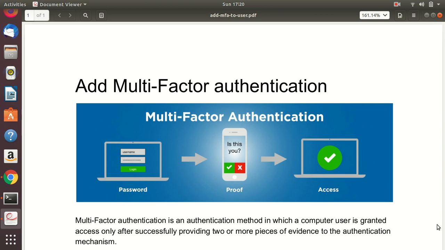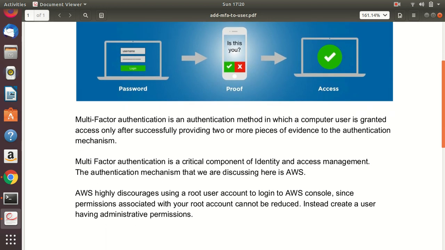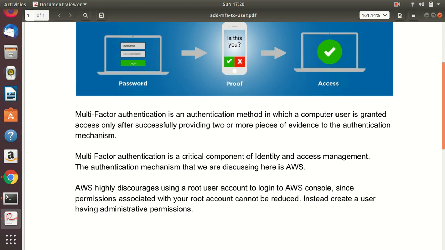Simply put, this is a two-step verification process, and in the first step we provide our credentials, and in the second step we provide an authentication code which appears from our registered device. So in AWS, multi-factor authentication is a critical component of identity and access management.